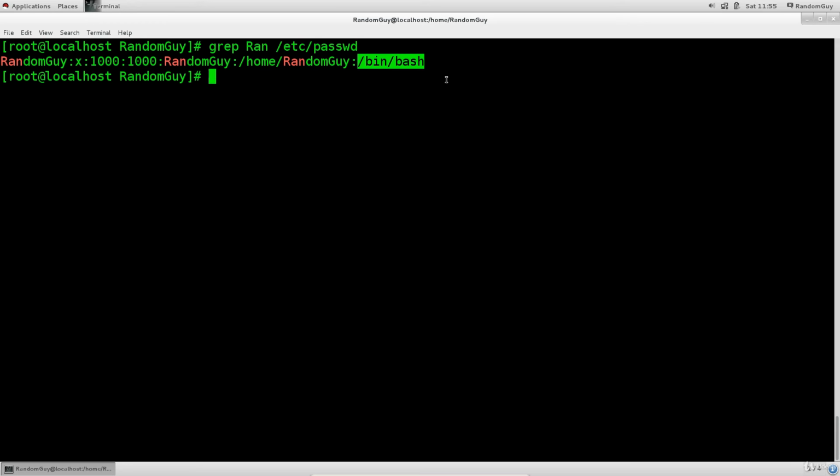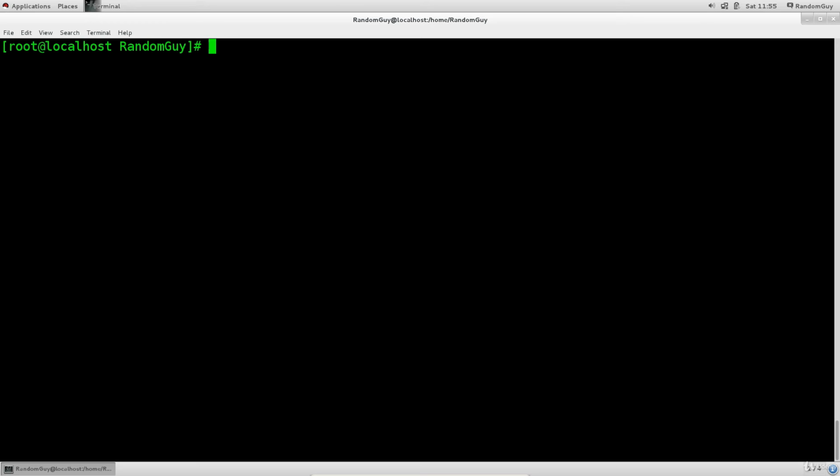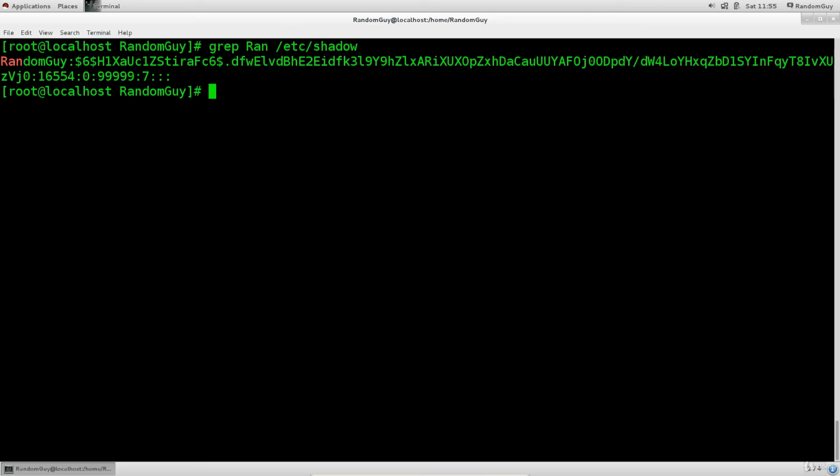Anyway, now that we have examined the /etc/passwd file, let's go ahead and clear the screen and do the same thing for /etc/shadow, where our passwords are stored. But you will notice something. So grep run /etc/shadow. This file you will only be able to read as root. You won't be able to read it as another user, if my memory serves me right. Let's go ahead and check. No need to speculate at all. /etc/shadow,